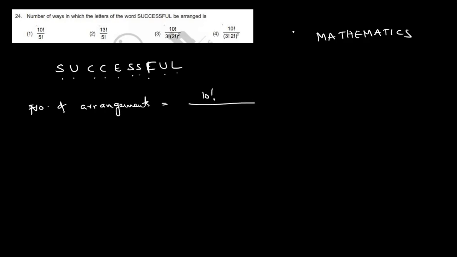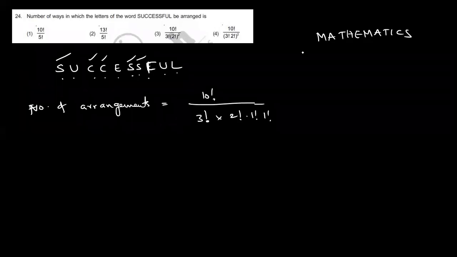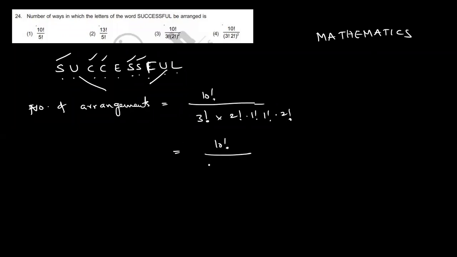10 factorial, divided by, check whether any letter is repeated or not. So S is repeated how many times? 3 times, divided by 3 factorial. C is repeated 2 times. The remaining letters are repeated once, 1 factorial into 1 factorial, which is not required. That is the meaning. Any letter repeated, that's all. Where is the 2 factorial coming? S is repeated 3 times. Okay, U is also there. Yes, U is also repeated, into 2 factorial. So the answer is 10 factorial by